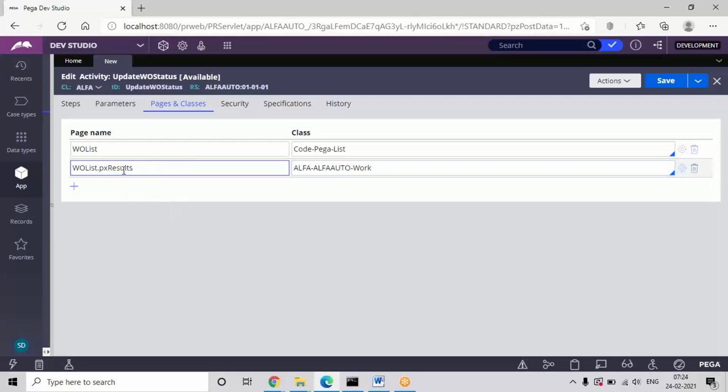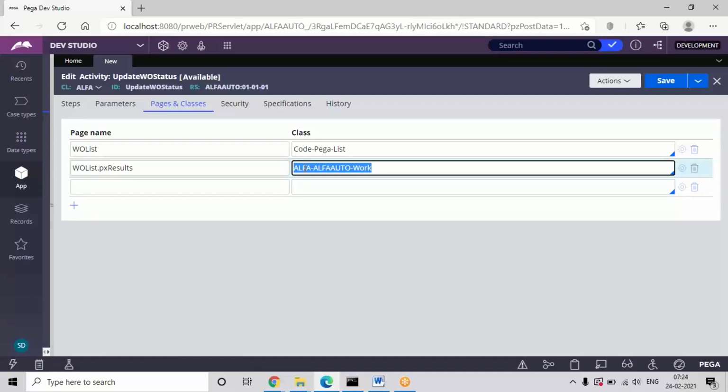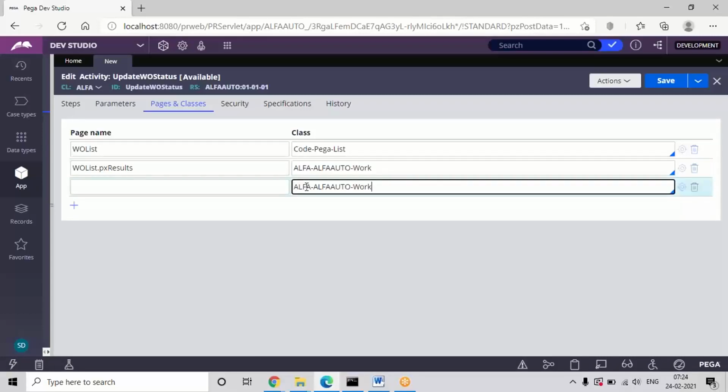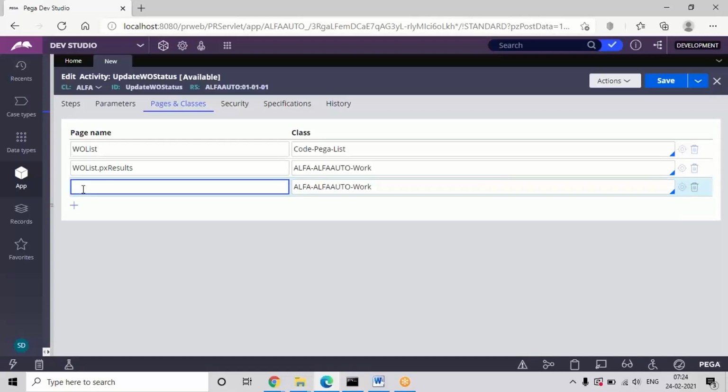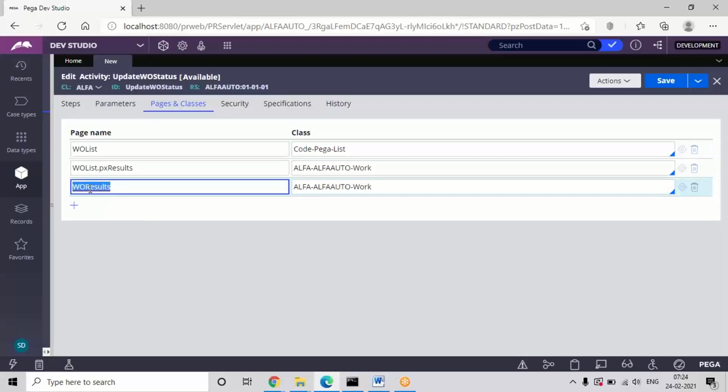So this is the reference class, and here we are also going to update the data. If I want to update, see, the status will always be there in the work layer, and we will also update in the same class. So again mention the same class, and this time give a different page for updating. I'm giving something like work object results. See, this user page is our own wish. Any name we can give. An update page, you can update in any other user page also.